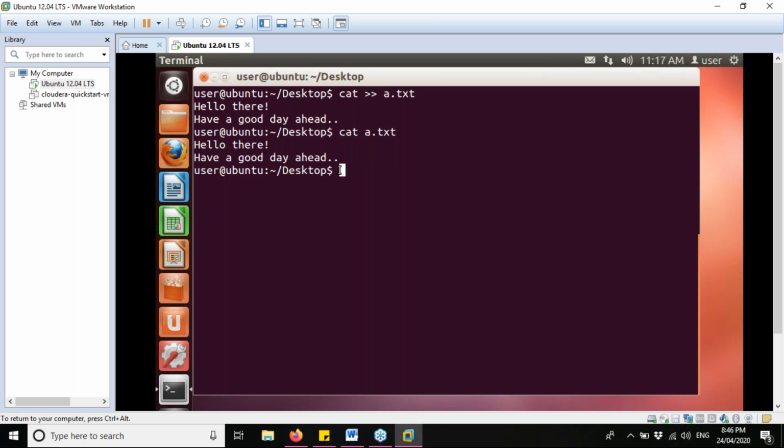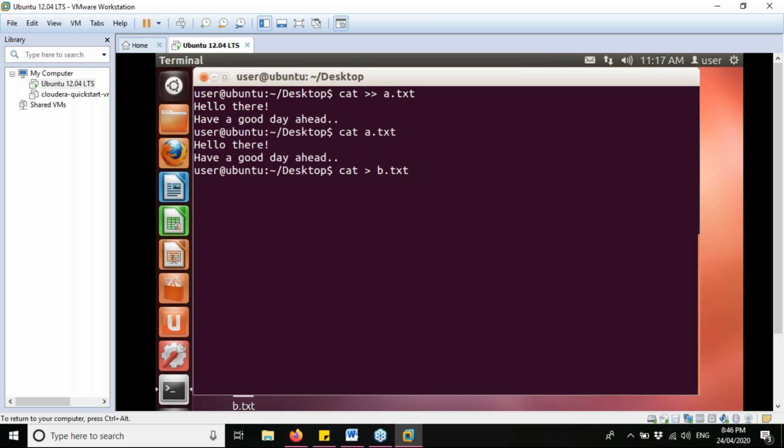All right. Now suppose we want to create the file as well as the contents, like simultaneously. Suppose we create a file now, cat greater than sign b.txt.